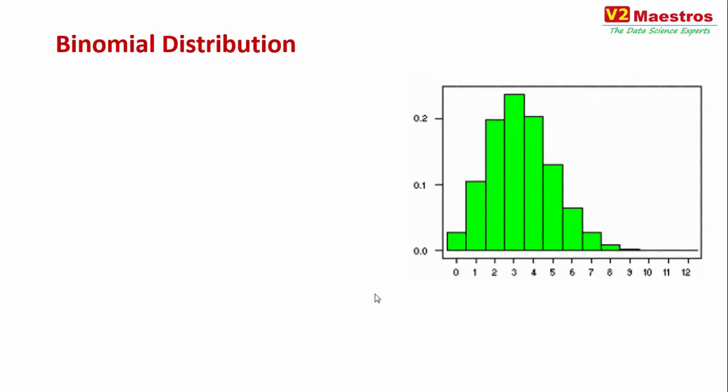A binomial distribution is about data where the data is either a 0 or a 1. It is not a number, it's usually a 0 or 1. Suppose you